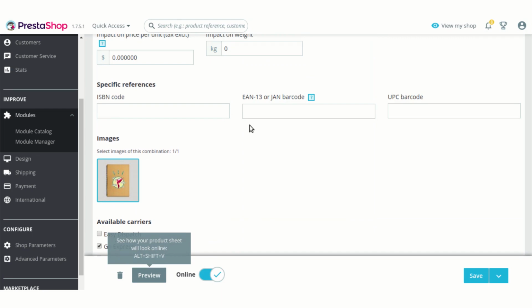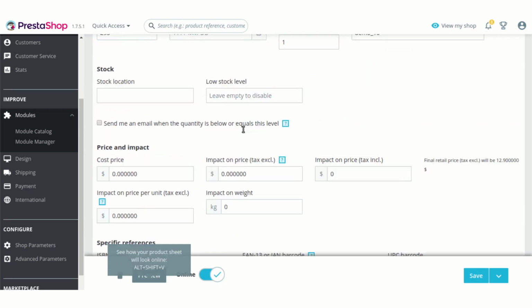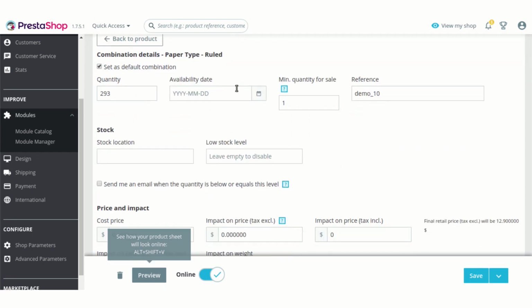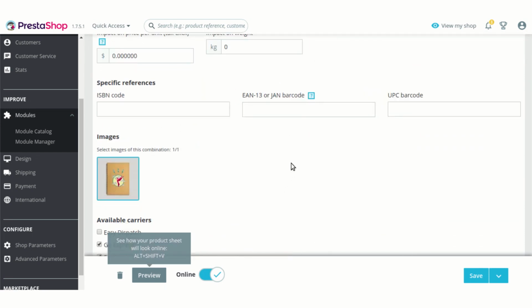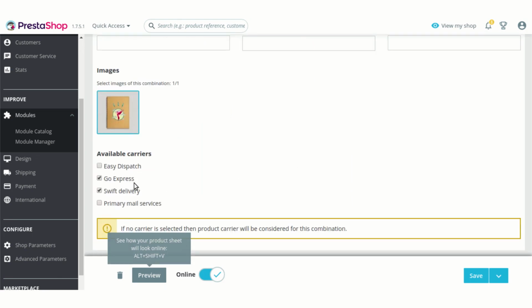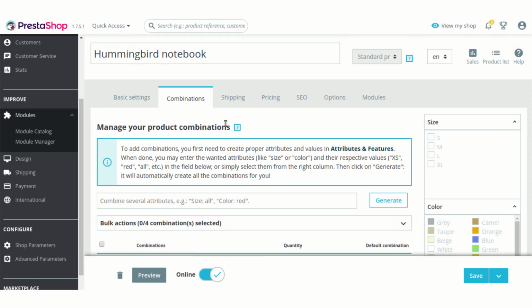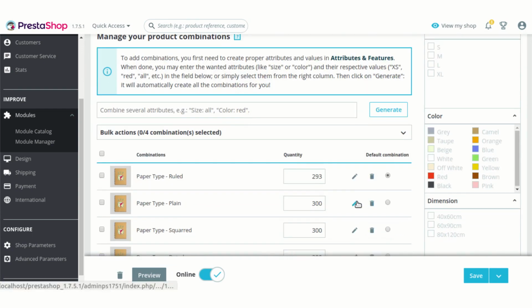Now let's see one case for this module, how shipping will be available to the customer in case we select two different combinations. As we have selected these two shipping methods for this combination, we will be selecting the other two for the other combination.